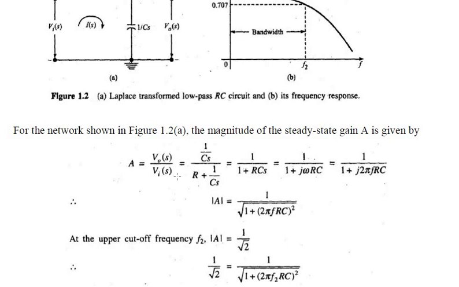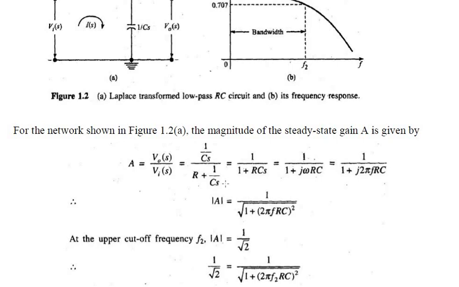A equals output voltage divided by input voltage. I am telling you the sinusoidal input voltage equation: Vi(t) equals Vm sin omega t. We are making use of the Laplace transform to analyze the circuit in the S domain, so that's the reason we have S here. We are using the S domain since there is no charge on the capacitor, we ignore the initial conditions, and we can define the transfer function as V0(s) divided by Vi(s) of the circuit, applying KVL along the circuit.